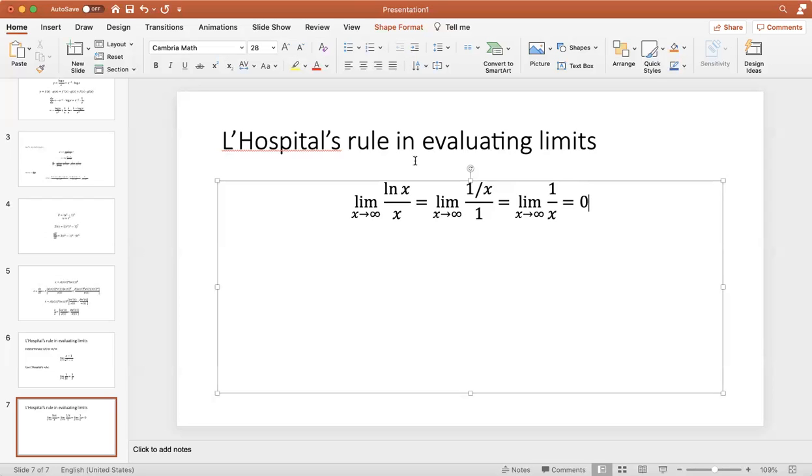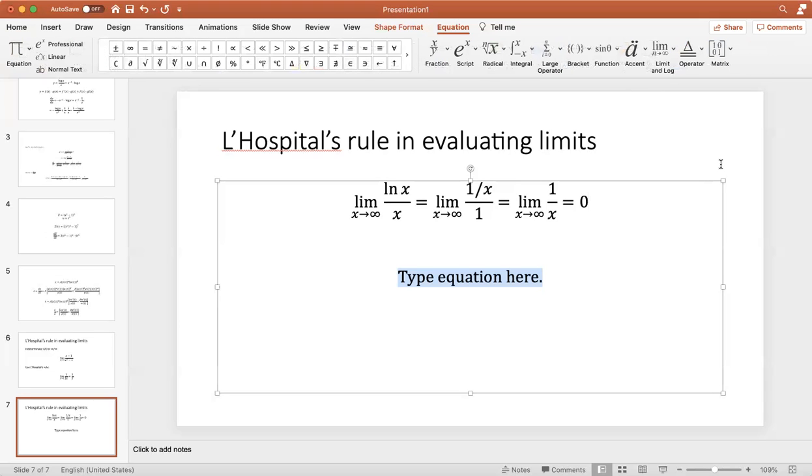How about 2 minus x e raised to x minus x minus 2 over x